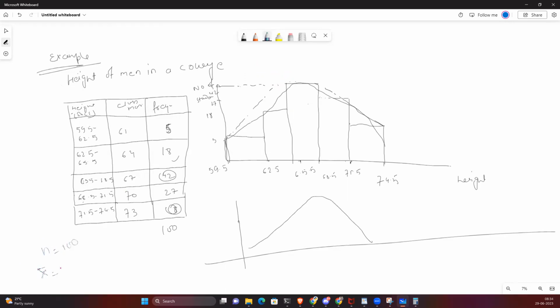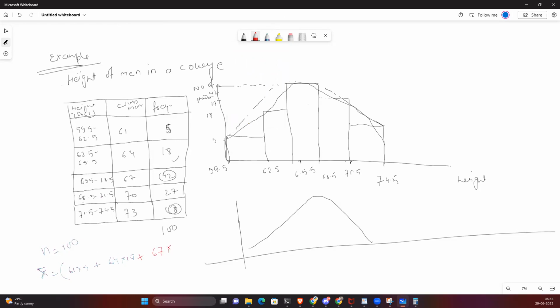So if I want to calculate the mean of these students, how can we calculate it? Simple. You can do like 61 into 5 plus 64 into 18 plus